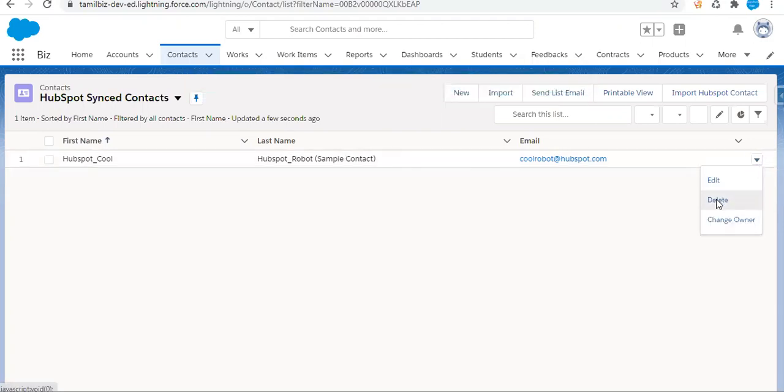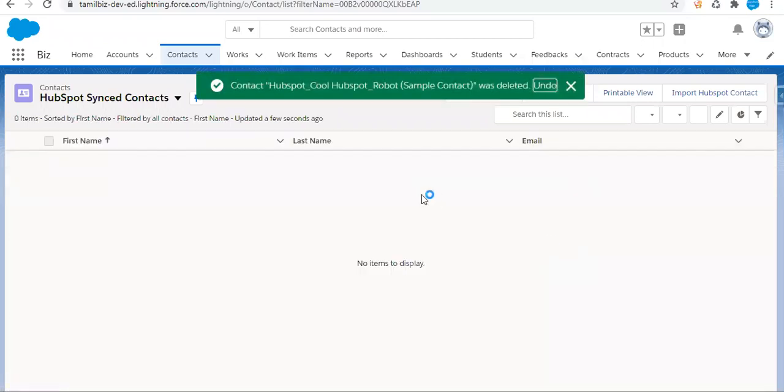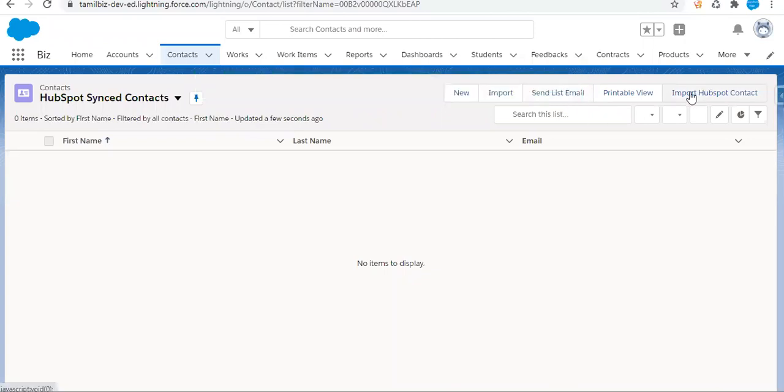These contacts were there in HubSpot. Okay, so I have now deleted all the contacts that came from HubSpot. Basically, when I click import HubSpot contact, it needs to bring the contact information from HubSpot and insert it in Salesforce. Let's see how we can achieve this.